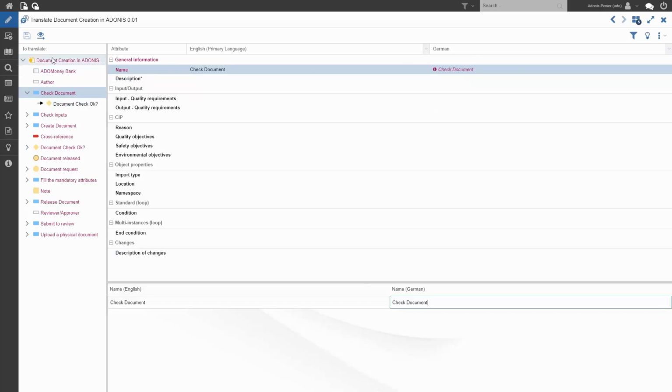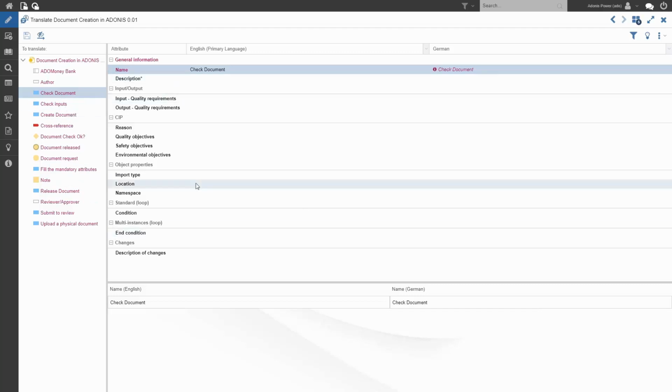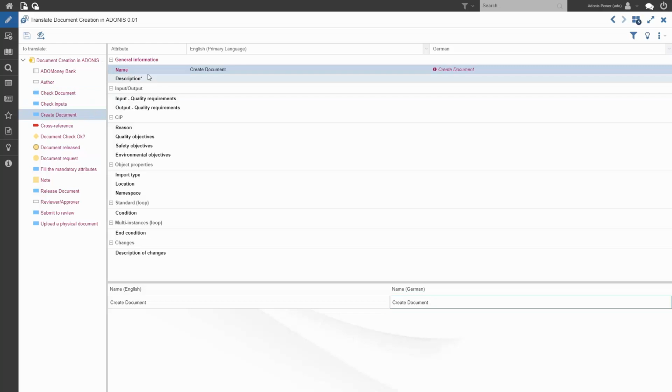But here you can see all of the objects contained in your process as well as the relations if you expand the little drop downs here. But you can also hide the relations if that's not necessary during your translation. Turn off the show hide relations here and go about the task of translating all the content. So at the moment we obviously only just input the names of our tasks in our dummy model, but for any model contained in the repository you can run through the translation component like so.